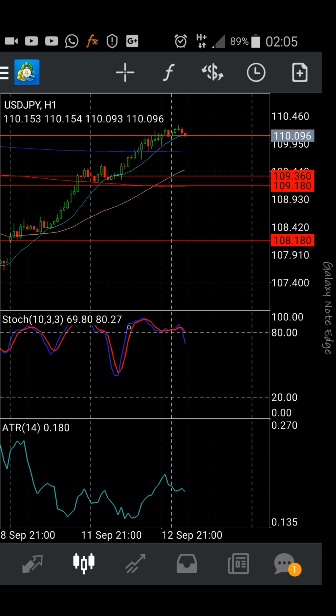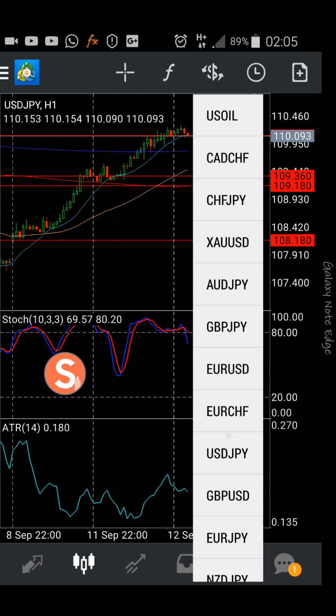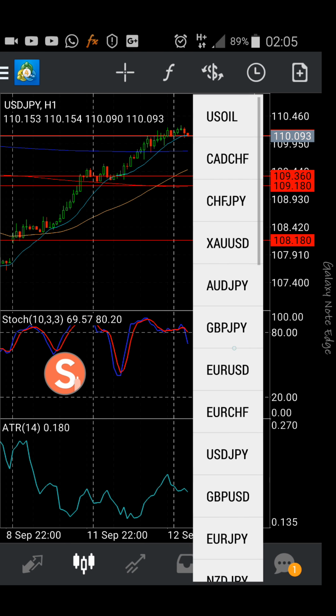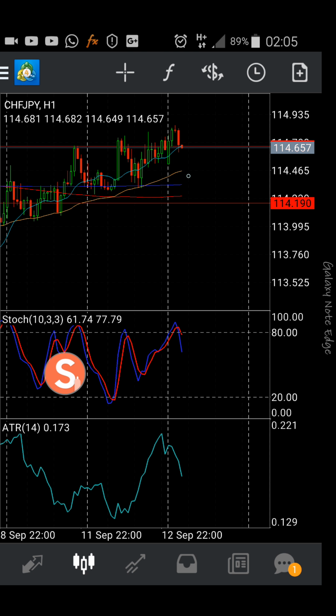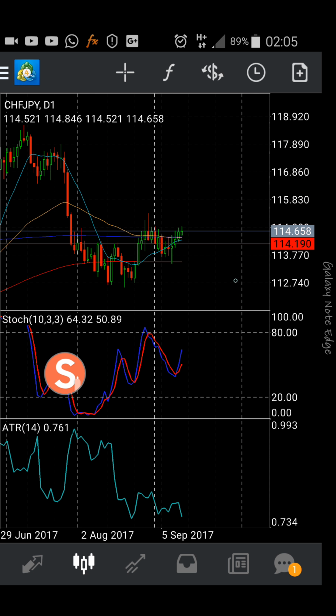So Swiss franc, Japanese yen. Let's go have a look at that. Swiss franc, Japanese yen. There we are. And we project a buy on the daily. So as we can see here on the daily,